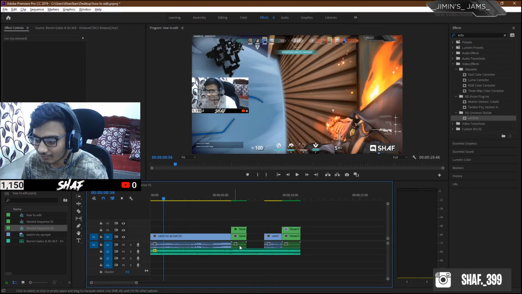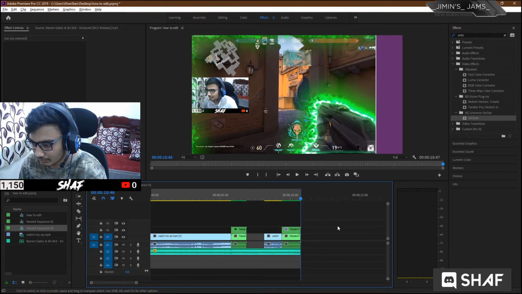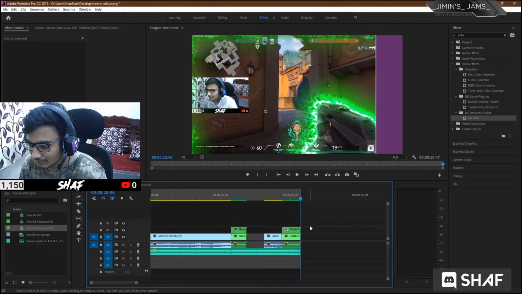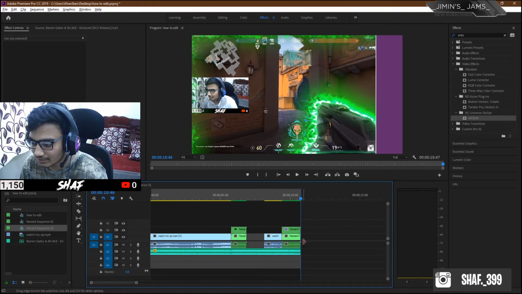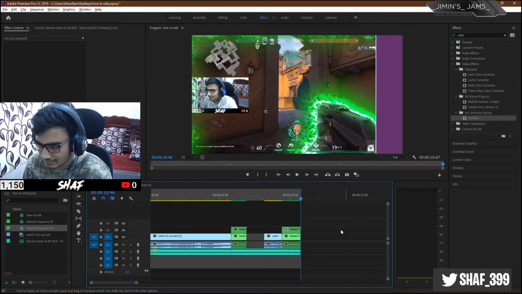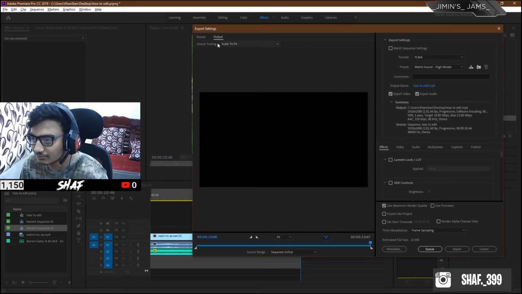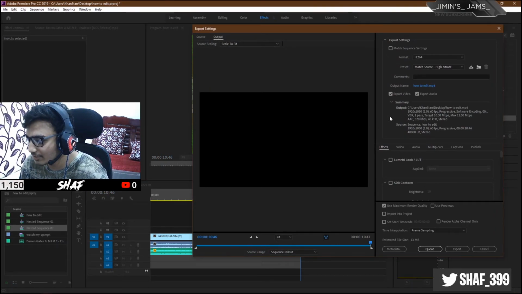So we have already rendered the main effect, so it won't render now. It will automatically play the videos of the clip, and press O. Pressing O will select all the parts which you want to export. Press O, and after that select right here in this column and press Ctrl plus M. It will show you how to output export. This is your export settings panel.